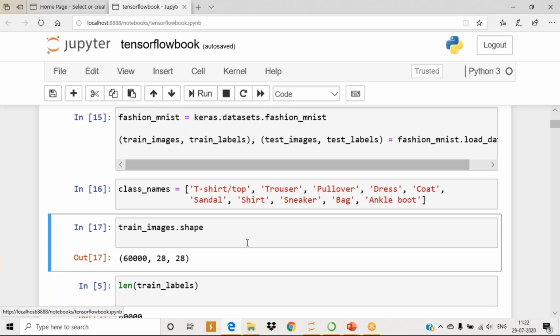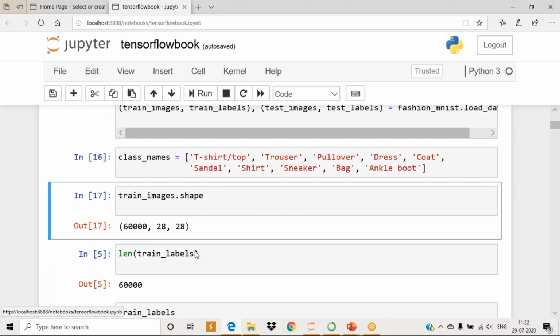So many pixels you have stored in your database. That is the reason your images occupy so much space in your system. Okay, so how many pixels here? 60,000 into 28 into 28. So that is your train images shape.